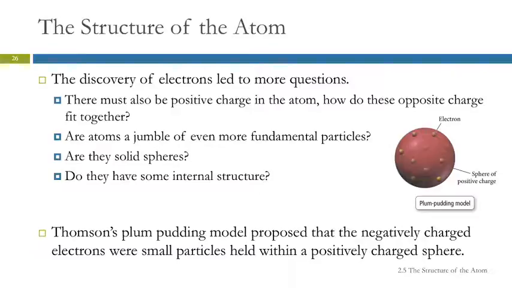So Thomson, the guy who was playing around with the cathode ray, he proposed what's called the plum pudding model. Now, personally, I've never had plum pudding. Anybody here had plum pudding? It's an English dessert. It doesn't sound all that appetizing to me. The closest equivalent I think that we have in terms of this analogy would be something like a blueberry muffin. So we've probably all at least seen a blueberry muffin, right? You've got the muffin part, and then it's got blueberries in it. They're kind of stuck, and they're randomly around.